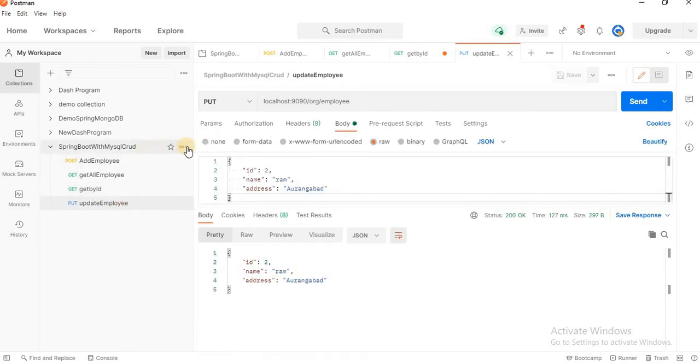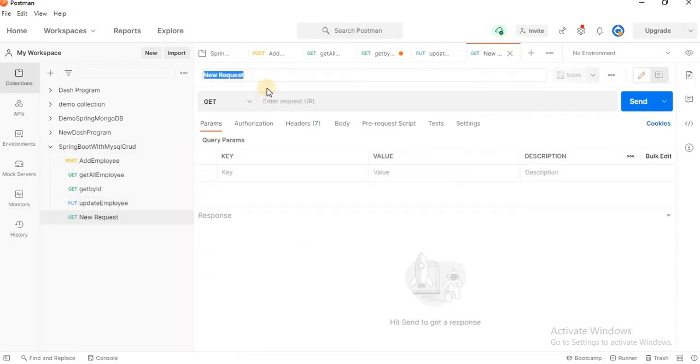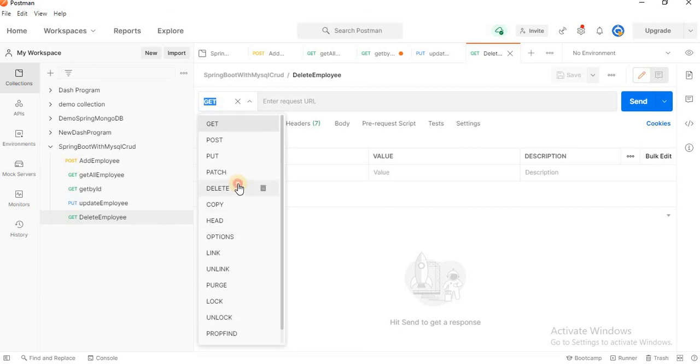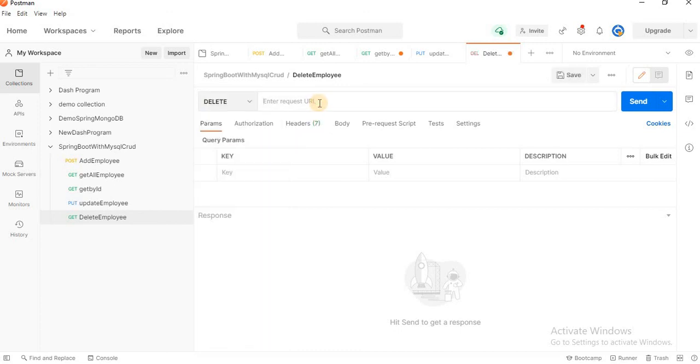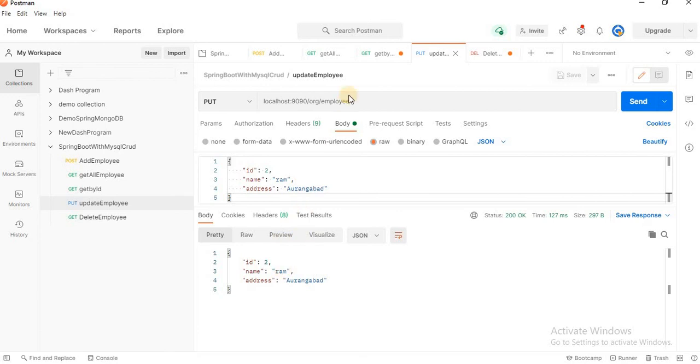Now let's perform the delete operation. Add request, delete employee. Here the method type is delete. localhost employee. Okay, and we have to pass the id. Recently we updated the second record, we will delete that record.